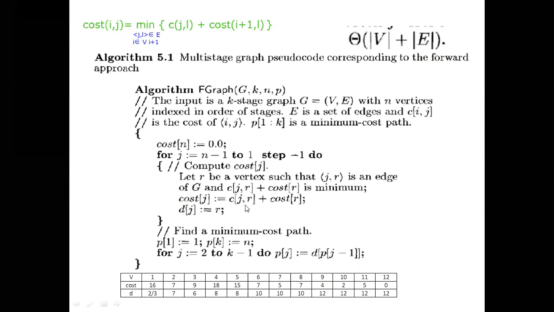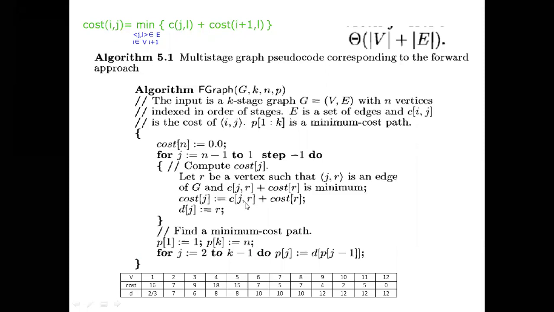Can you say why it is making it as small? See, cost of J. Because I is not given. In the formula also, while calculating, here it is I plus 1. Already we know it is second stage, it is third. That's why they are not mentioned here. J means we are getting that particular value. For example, it is the 6th vertex. If you want to find out that 6th, you will get cost of 6. That is cost of 6, means this 6. We have to get it as 7 as the value.